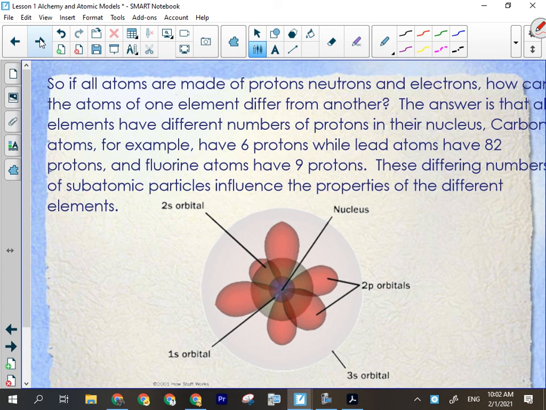All right, so the last thing to do with the nature of the atom and physical properties: all atoms have different amounts of protons and neutrons and electrons. It is the number of protons in an atom that we'll talk